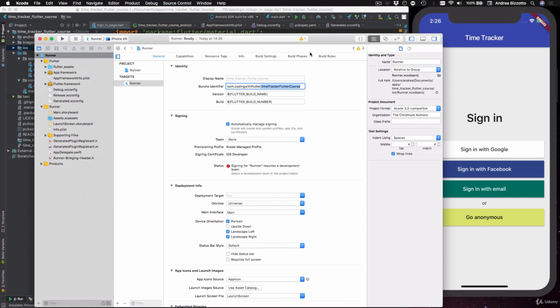The other thing that I want to point out is that there is a red icon over here asking us to choose a development team. Now, this is only necessary if you want to run the app on a real iOS device. To run on a real device, you need to have an Apple developer account and you need to use it over here. For now, we only care about running on the iOS simulator, so we don't need to do anything here. So, we're going to select the bundle identifier, copy it, and if we get back to our browser,